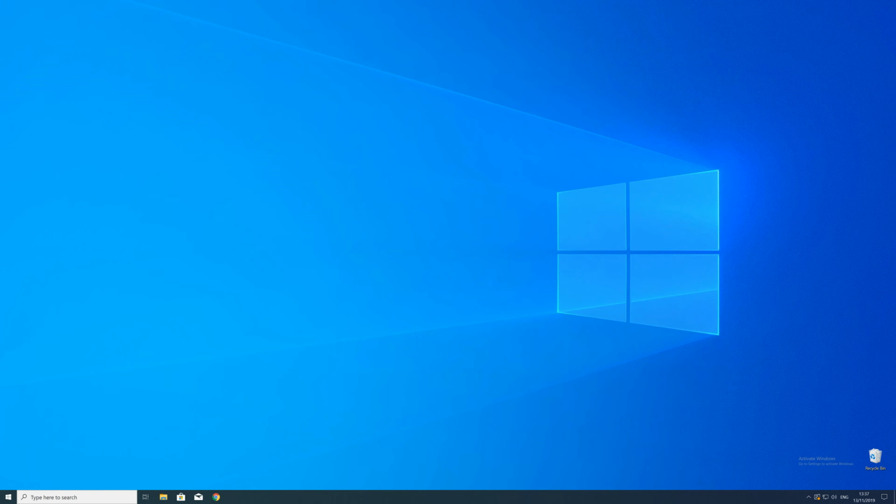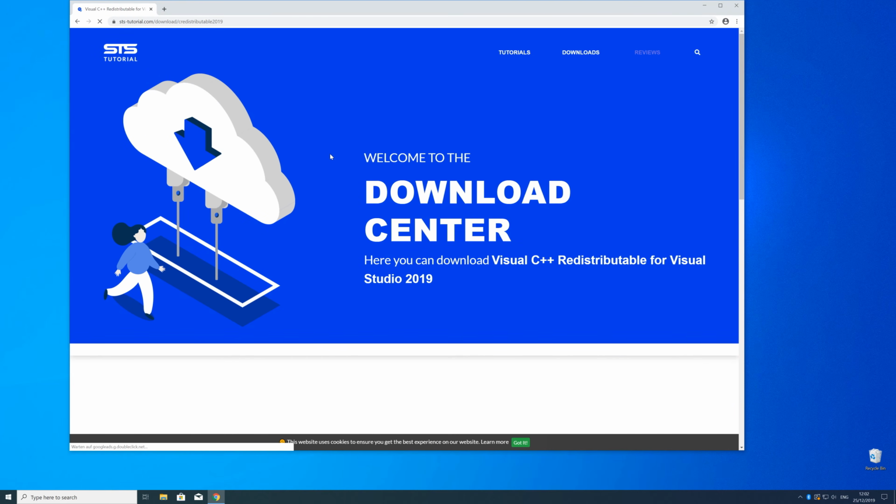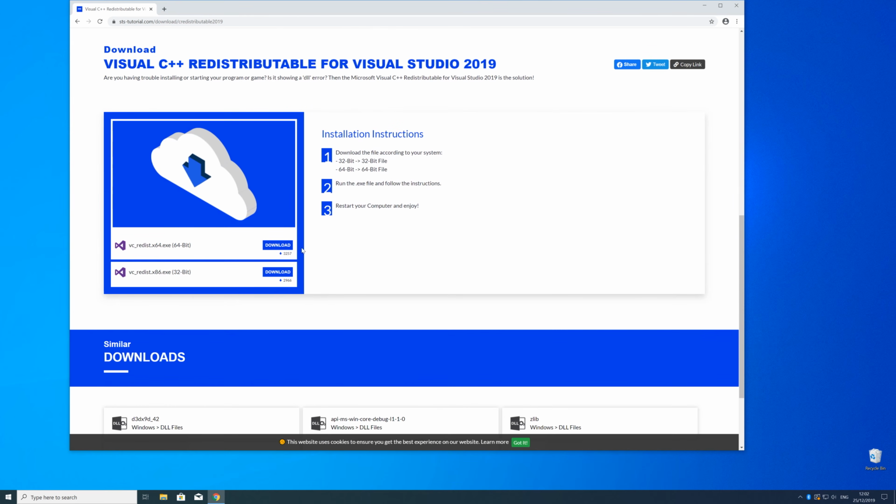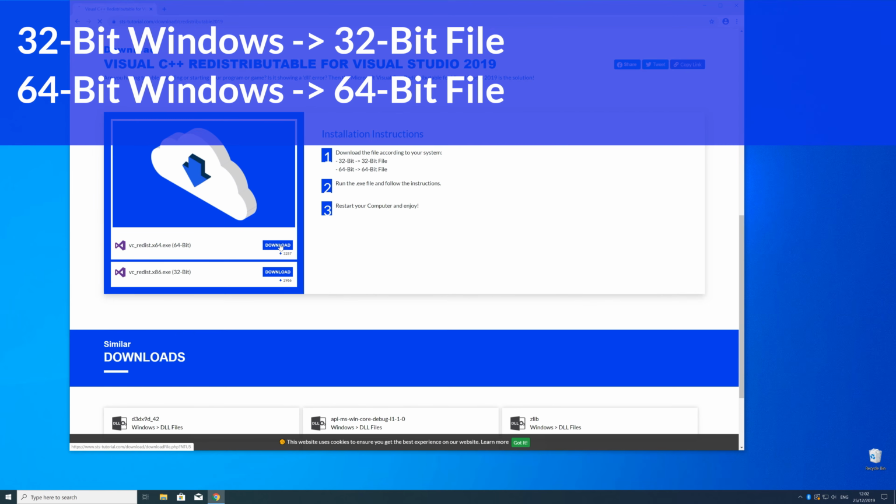So now we can download the package. For that, just head over to our website. The link is in the description and in the I symbol in the upper right corner. Here, just scroll a bit down to the download section where you need to choose according to your system. If you have a 32-bit Windows, download the 32-bit file, and if you have a 64-bit Windows, download the 64-bit